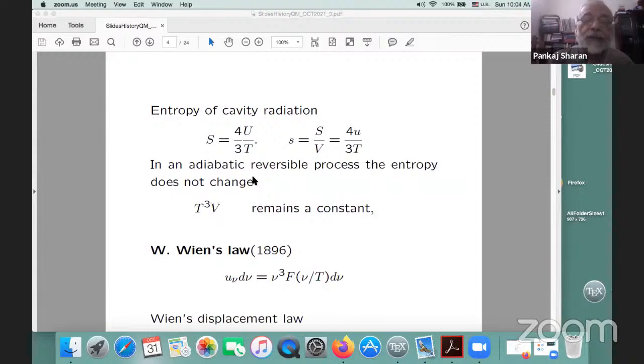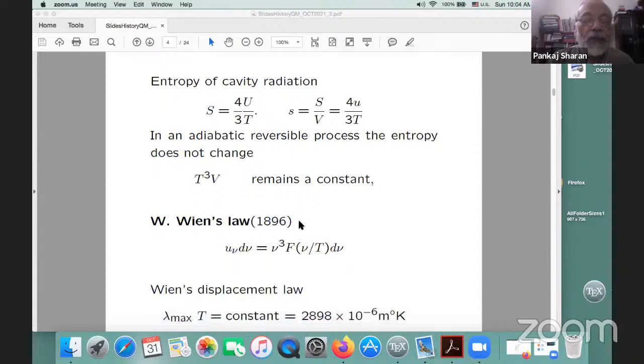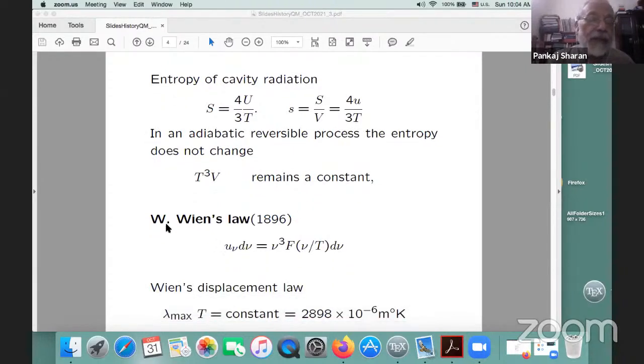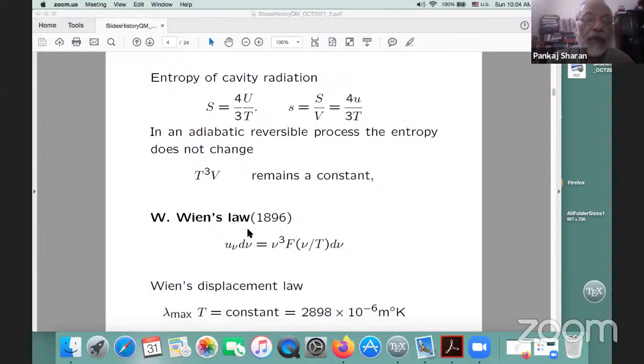And in an adiabatic reversible process, you can say that T cube times V remains constant. You can multiply this U, which is proportional to T to the power 4, and convert it into volume. So this is T cube V remains constant, and that is used effectively in Wien's law, where